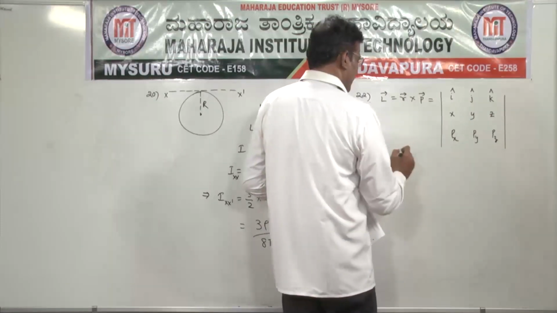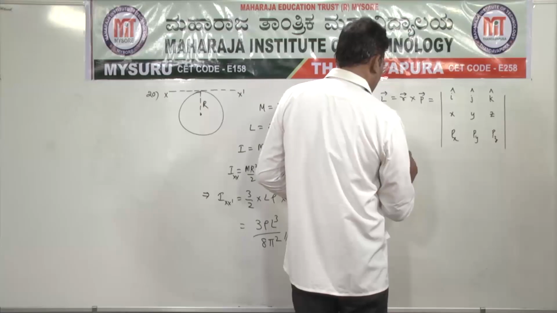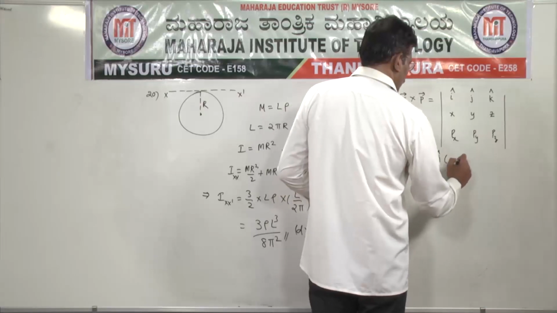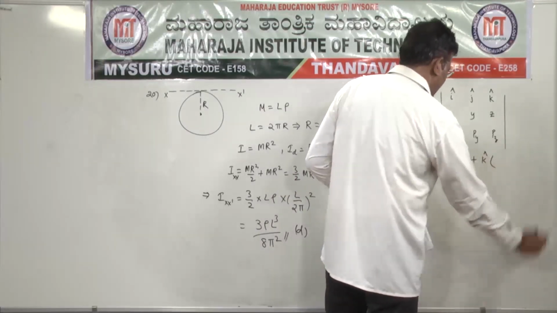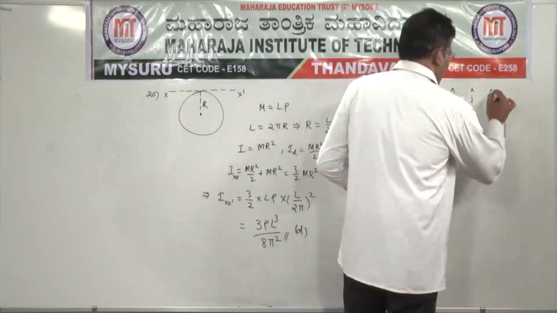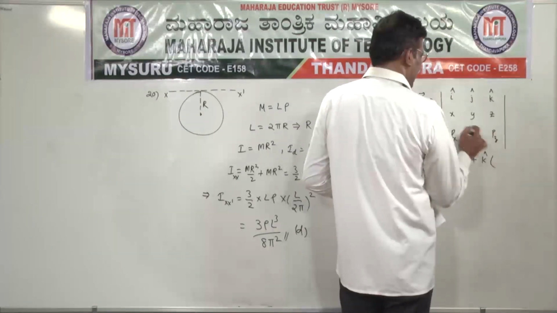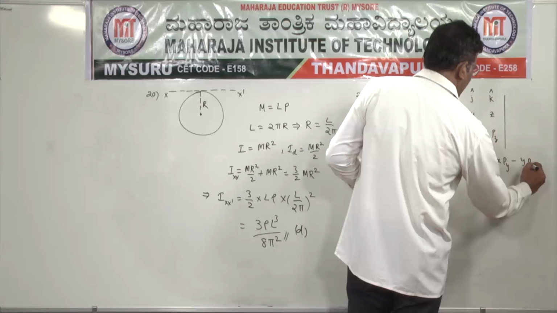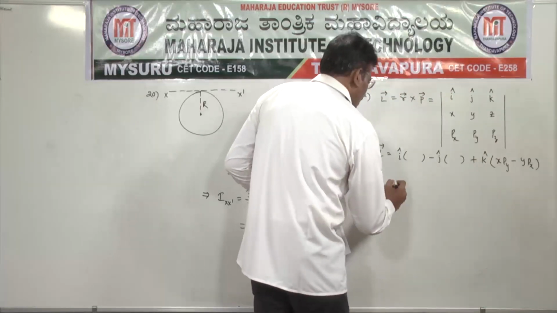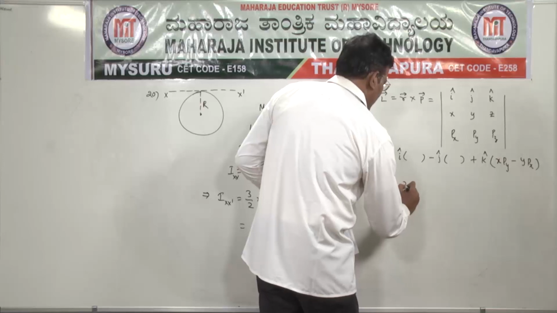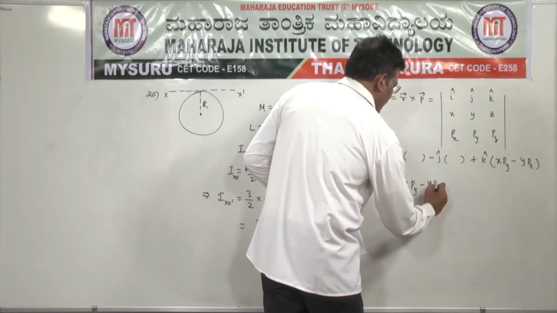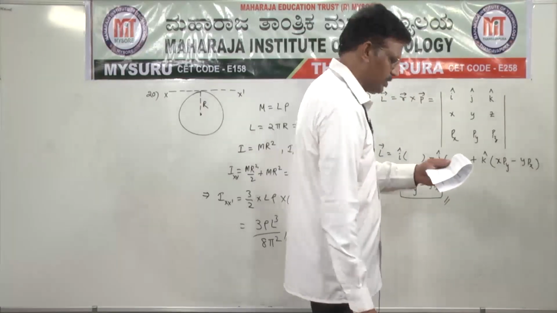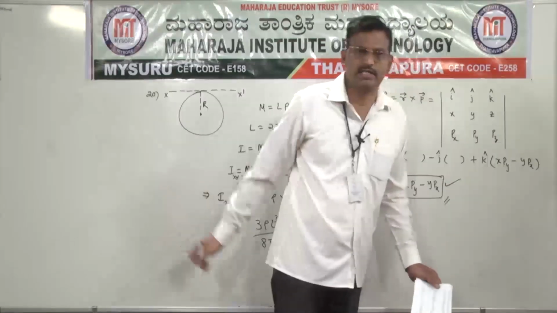We want only the z component. So L bar is equal to i, minus j, we don't want these; they are asking only for the z component, so only the k coefficient is needed as per the question. So when the k column and k row are neglected, x into py minus y into px is the answer. Therefore, the z component of L is x into py minus y into px. In the question the options are missing, but anyway this is the right answer.